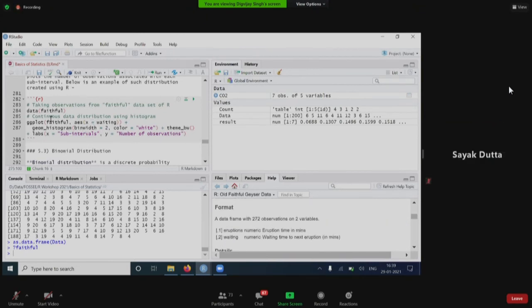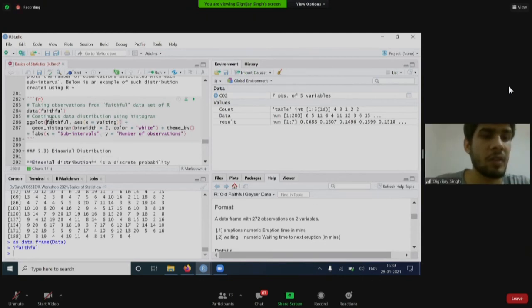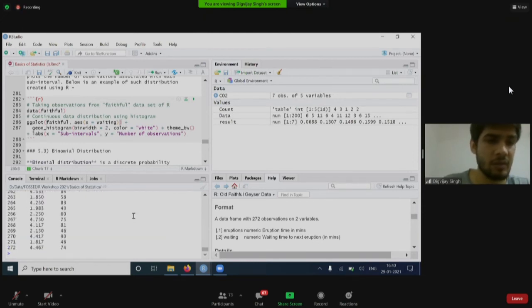So for creating a histogram, first we will see how the data looks like. So as you can see, the data is continuous.